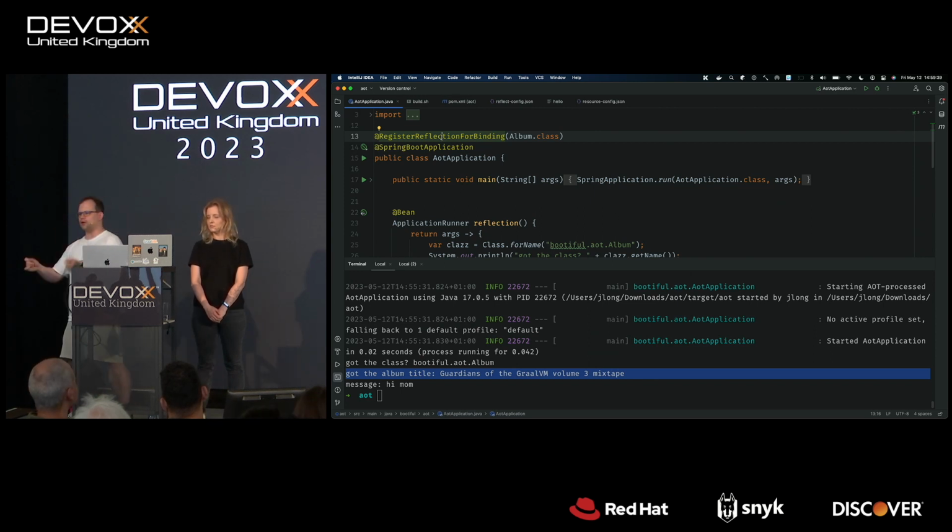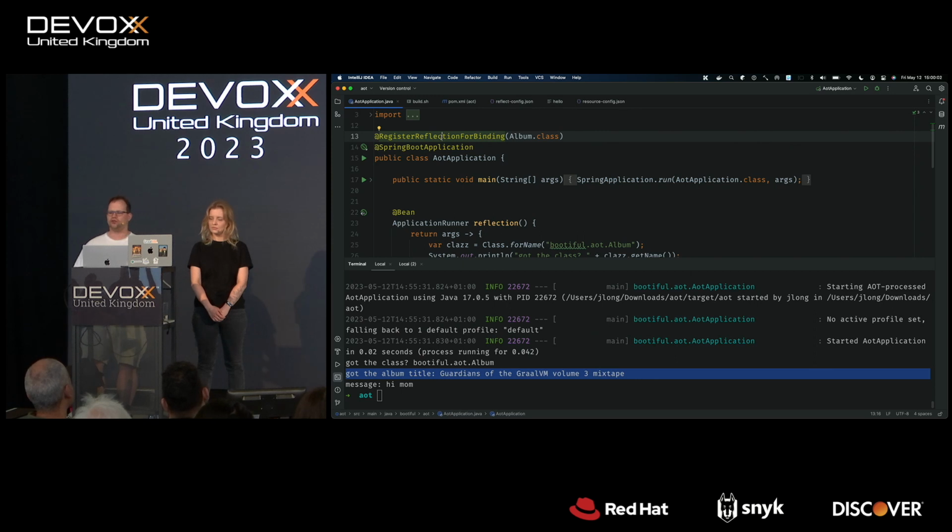So for example, if you have a controller handler method that returns an object and you want to serialize that, Spring will see that. It sees that you've got a controller, and it's automatically going to make the return value from those controller handler methods serializable. It's going to register hints for serialization. But if you're doing reflection directly on a class, without some involvement with Spring, then of course you need to account for that, right?